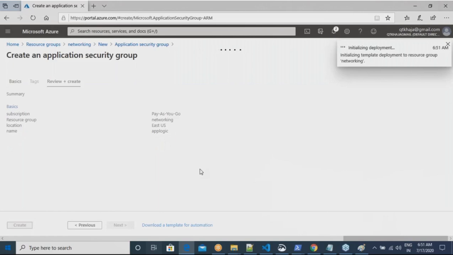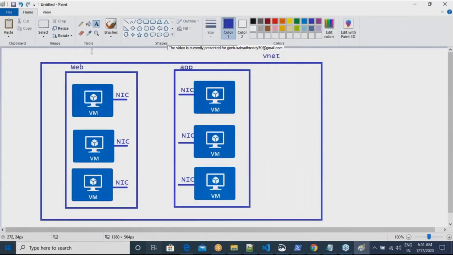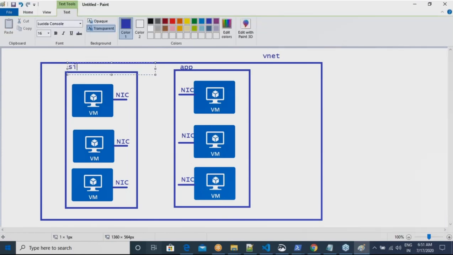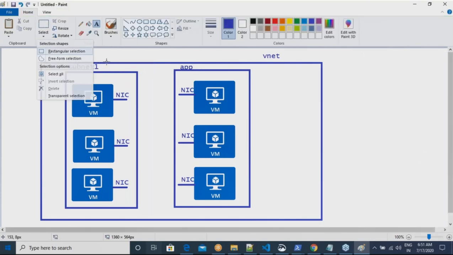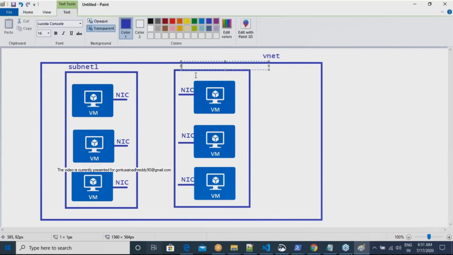So how many application security groups do I have now? App web and app logic. Let me now call these subnet 1 and subnet 2.